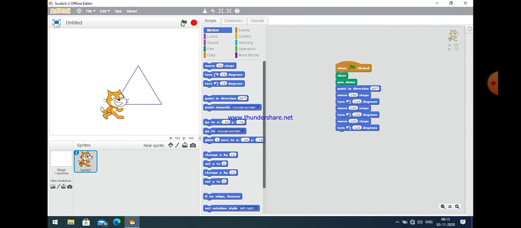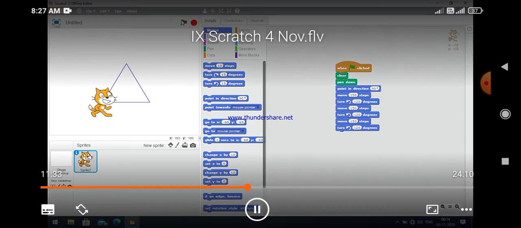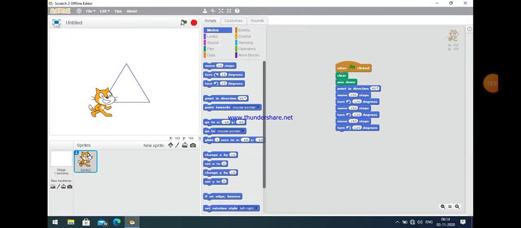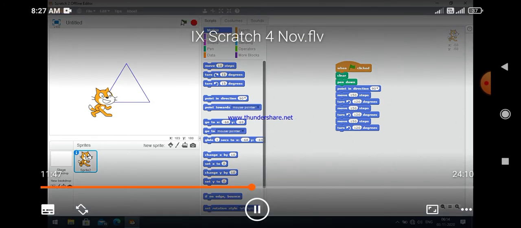Just execute it again. Now you can easily see here that since I used the clear command, basically all the previous record will be cleared when I execute it again. Let us see it again. Okay, now I think it is clear to all of you. So this is a small program to make a triangle. Using this program you can easily make a triangle in Python programming.